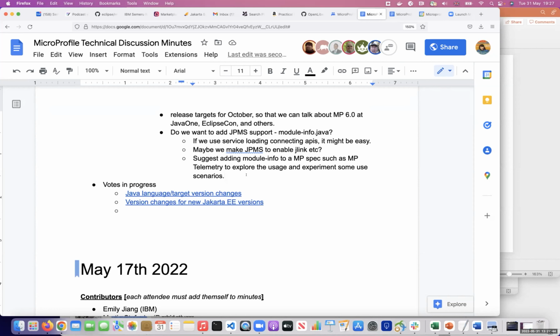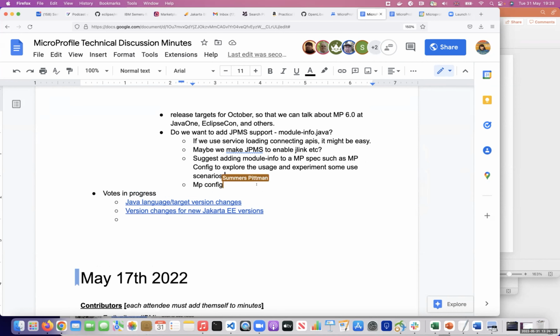Yeah, especially because telemetry is basically a wrapper to OpenTelemetry, so there's not much we can do there with modules. And second, the important case here is that if we want to add modules to existing projects, telemetry is kind of useless because there are no implementations apart from SmallRye, so it doesn't give us much information on the difficulties of adding modules.